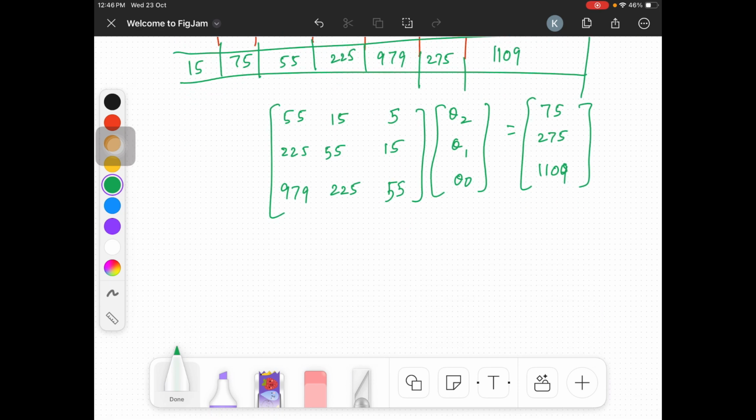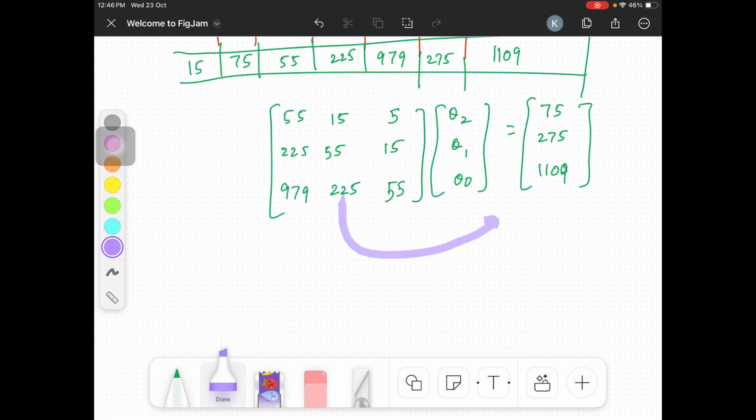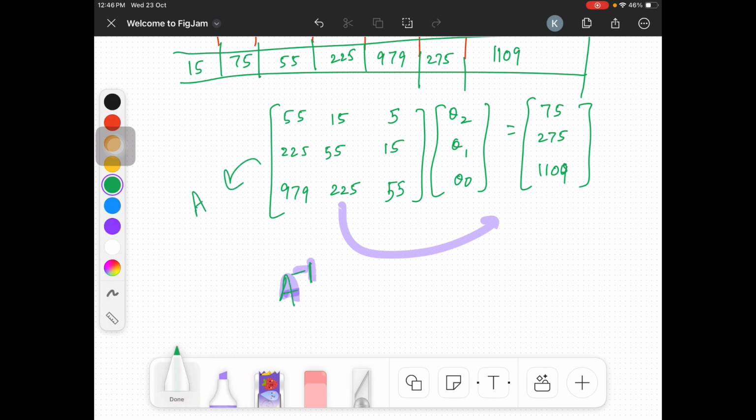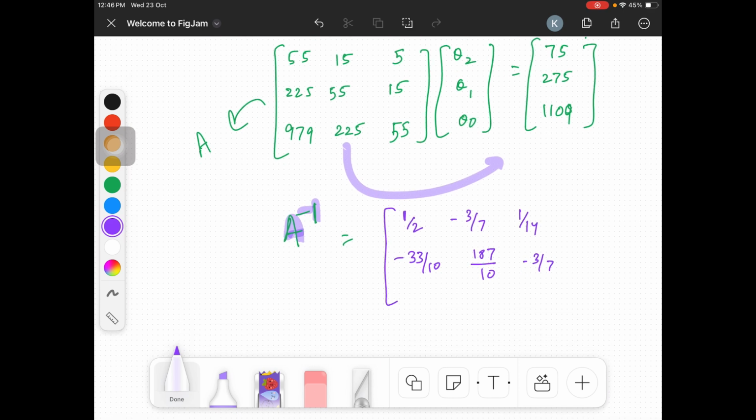Now what I want to do is invert this matrix. Let us find A inverse if I call this matrix A. That is your task, you have to find it out. But once you do this, this is the inverse you are going to get: 1 by 2, minus 3 by 7, 1 by 14, minus 33 by 10, 187 by 10, minus 3 by 7,